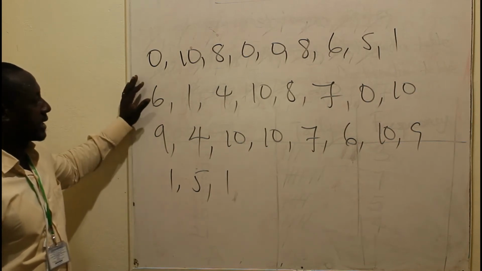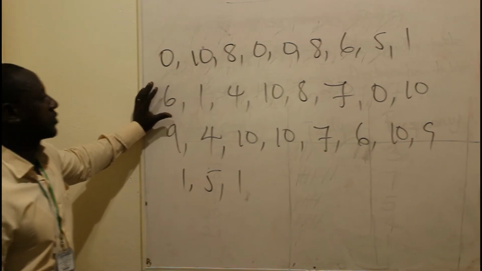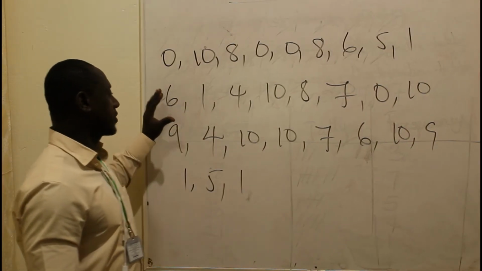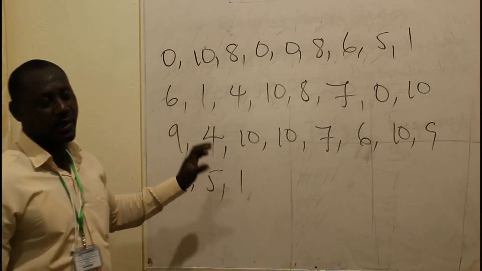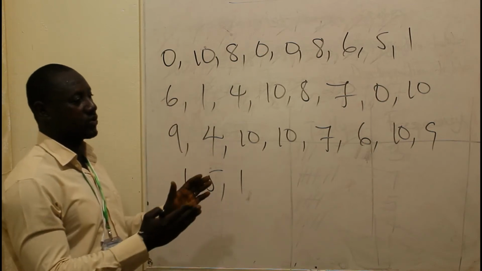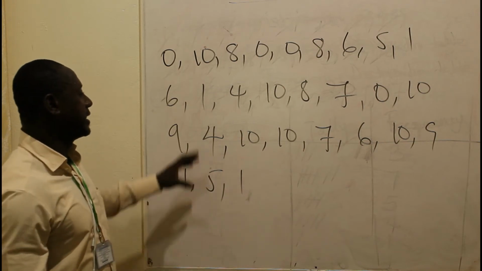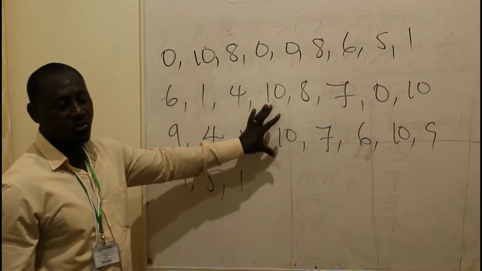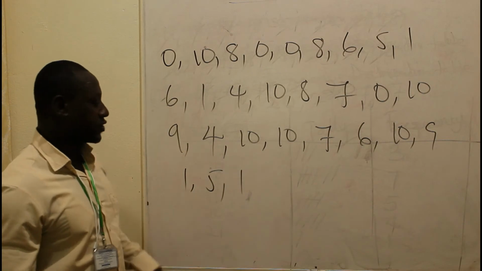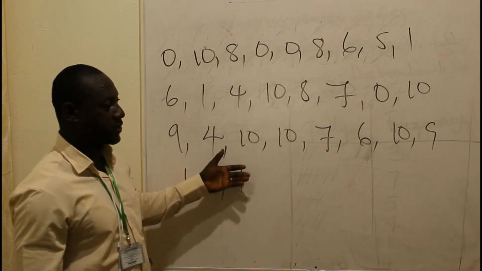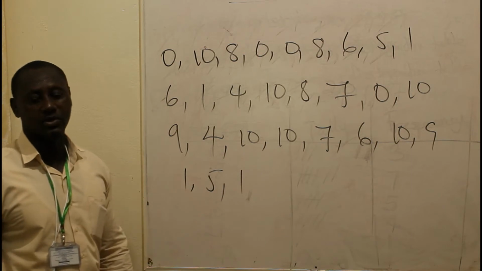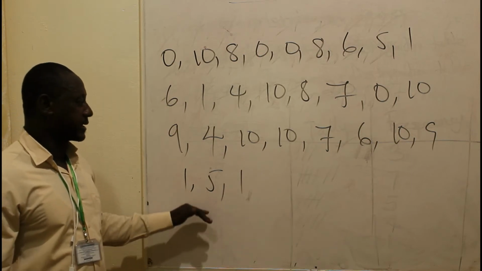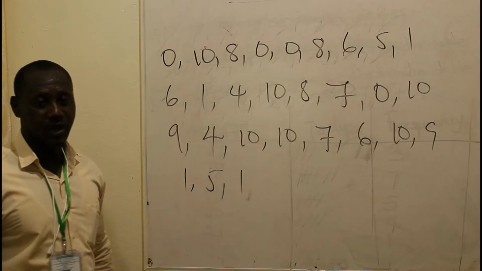And you will notice that this talks about the marks obtained by students in a class. The exercise was conducted and marked over 10, and these are the scores obtained by 28 students in the class. And so they want you to use this particular data to draw an ungrouped frequency distribution table. This is an assignment for you. I want you to try your hands